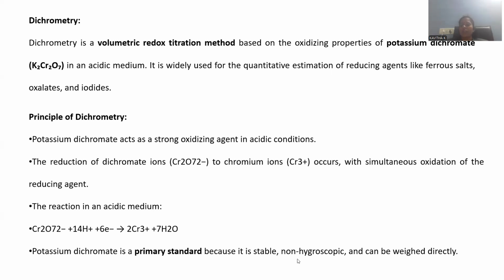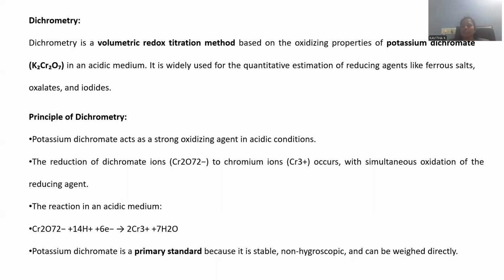It is highly stable and non-hygroscopic. Non-hygroscopic means that though it is present in open air, it will not absorb moisture from the air, right? Whenever a compound is in contact with moist air, what happens? Slowly a certain amount of water will be absorbed, slowly its dilution will occur and the concentration will decrease if the compound is hygroscopic. That is not the case for potassium dichromate, being non-hygroscopic and highly stable in nature. So its concentration will not vary over a period of time.